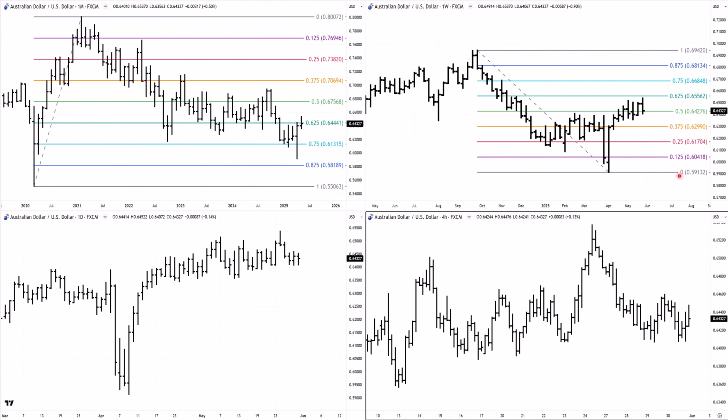A couple of months ago now, as we had this massive move up here, I was starting to get bullish on the Australian dollar for this year. But since then, we've really gone nowhere, and that's not a typical move for a market that's in a bull market. You do normally see some follow through there. Let's just say that I'm watching it with a lot of interest. We'll see what happens this week, though. I'm sure that next weekend we'll have a much clearer picture on where this is heading.